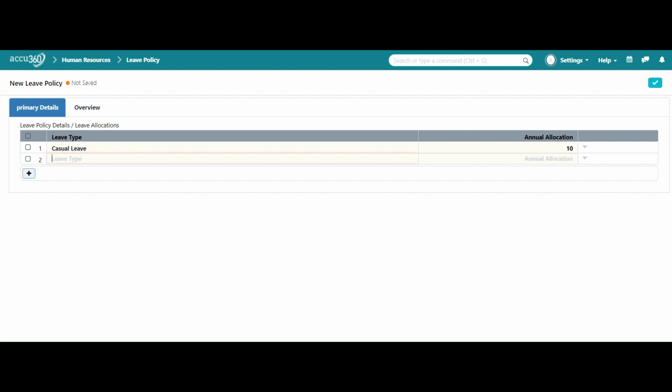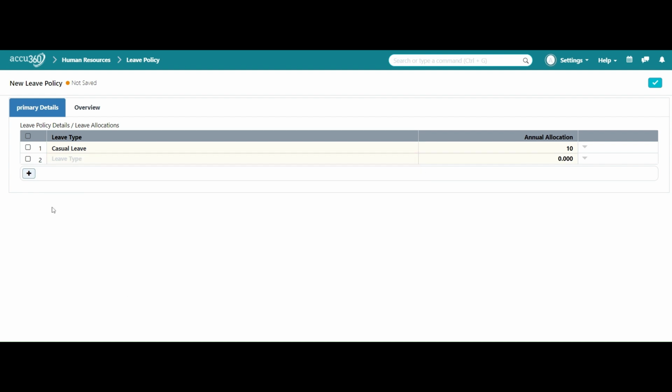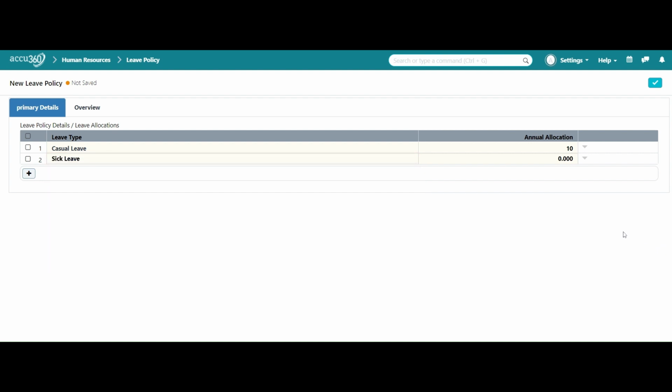then we have to add another table in the separate line, so we will click this plus button, and here we will mention another leave which is sick leave. Okay, so we will mention that sick leave would be 15 days, and like this we have to create for all of the leaves in the organization. Okay,